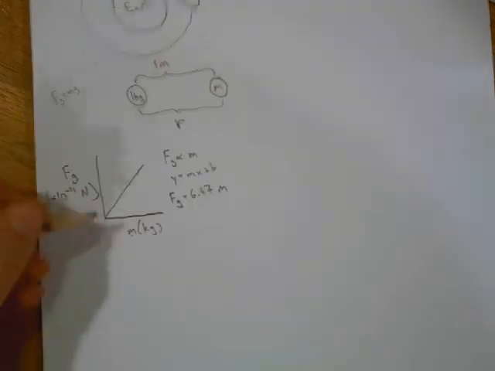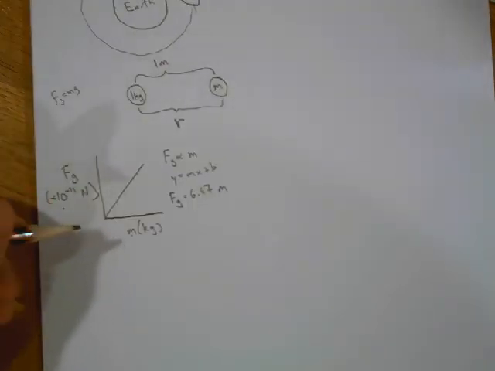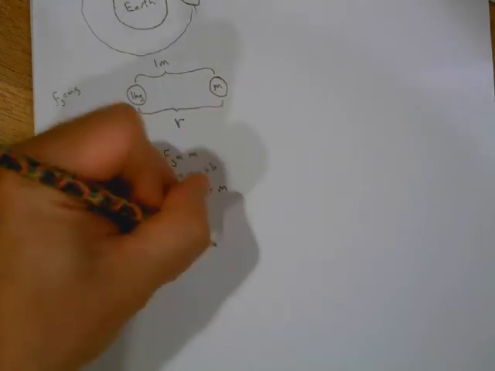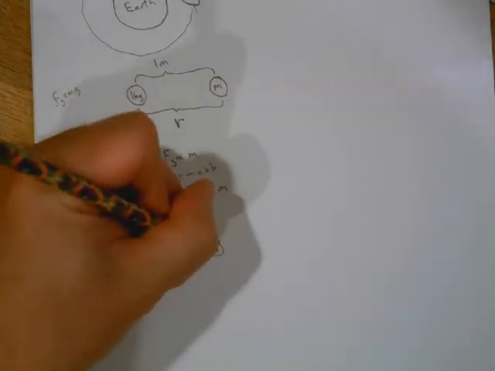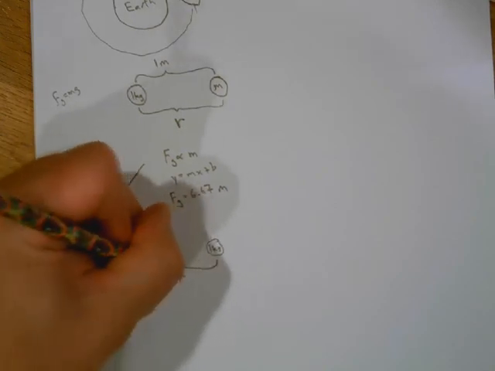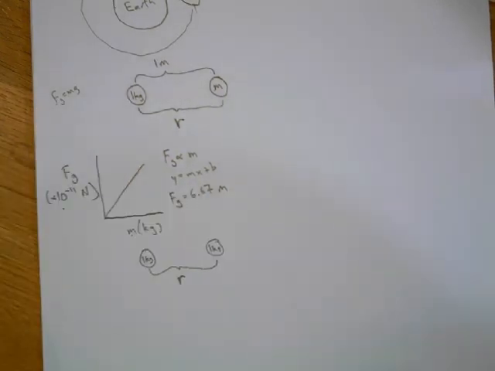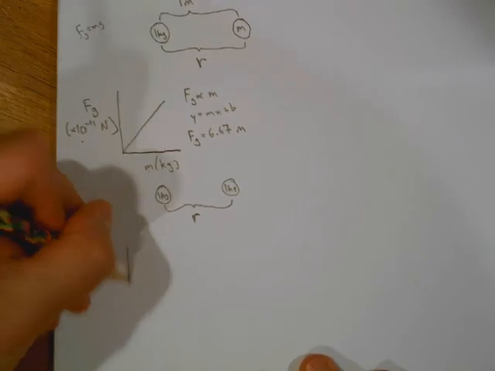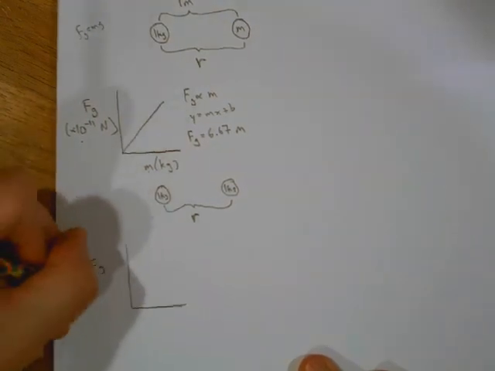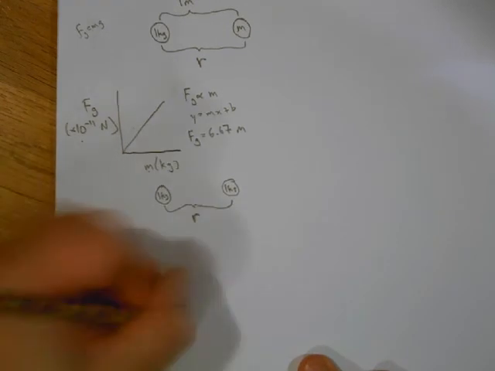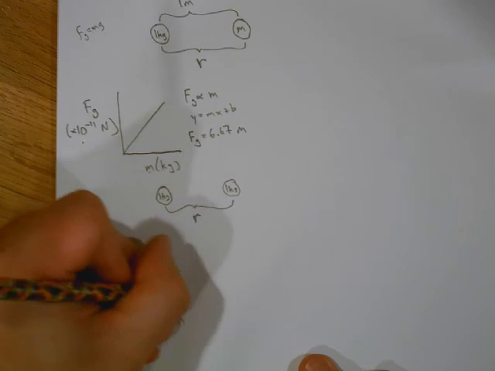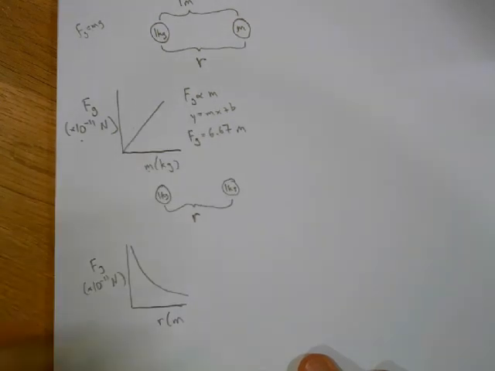So far you should have had something that looks like that. Then you were supposed to do the same thing, except now you have a 1 kilogram mass and another 1 kilogram mass. Remember, measuring from center to center, you are going to vary that distance r and see how that affects it. So if you graph this, again, this was in times 10 to the minus 11 newtons, and this was r measured in meters, and you should have gotten this.